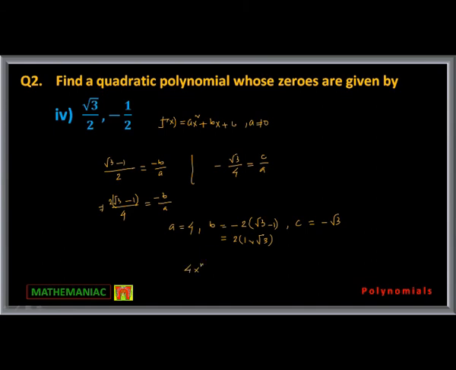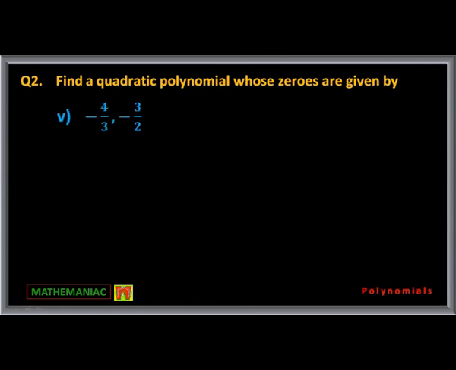So one of your polynomials having this as zeros is 4x square plus 2 into 1 minus root 3 x, and then minus root 3. Fine. Okay, move on to the next. Find a quadratic polynomial whose zeros are given by this. Same question, this time the denominator we have kept purposely different so that you can face different situations. This is the polynomial you have to start with, this is 0,